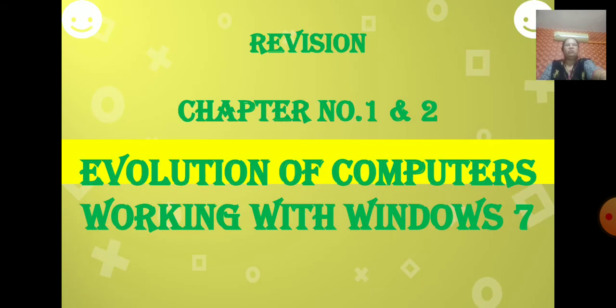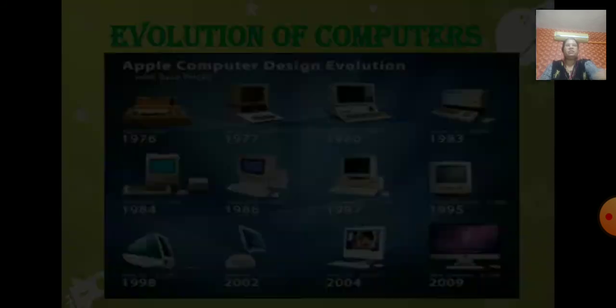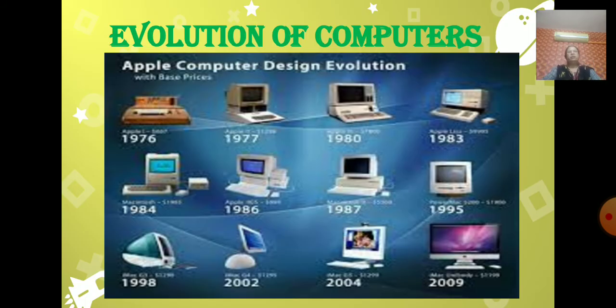First we will start the first lesson, the evolution of computers. All of you know what is history? Whatever has been done in the past, that is history. So evolution of computers means how computers got developed slowly or gradually.